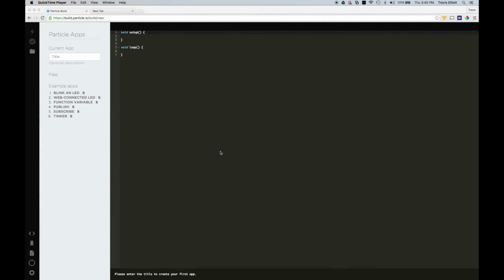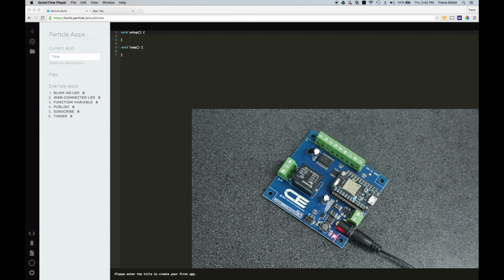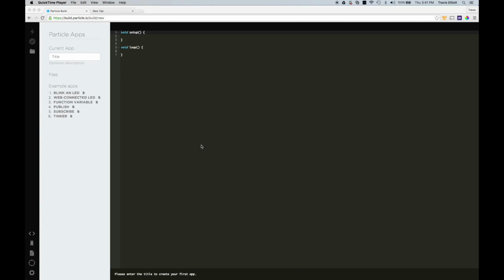Alright, so you've got a one-channel Particle Photon relay controller. At this point, your Particle Photon controller should be connected to the cloud through your local Wi-Fi network, and it should be associated with your account. If not, go back a few steps. At this point, we want to make sure that the board is powered up and that we have a breathing cyan LED on our Particle Photon module. Once you have that, go to